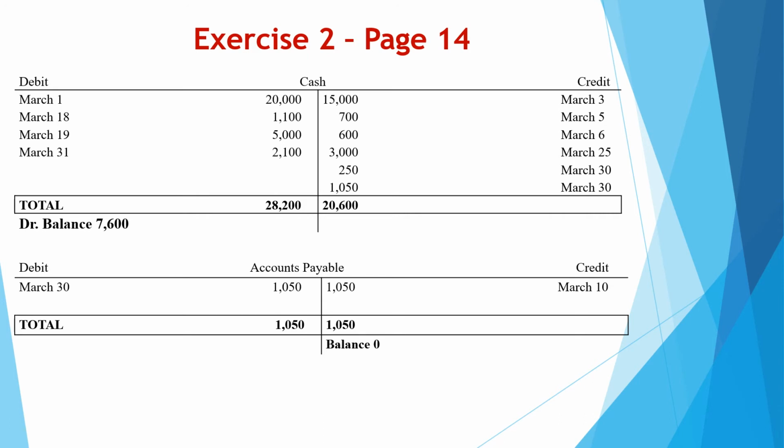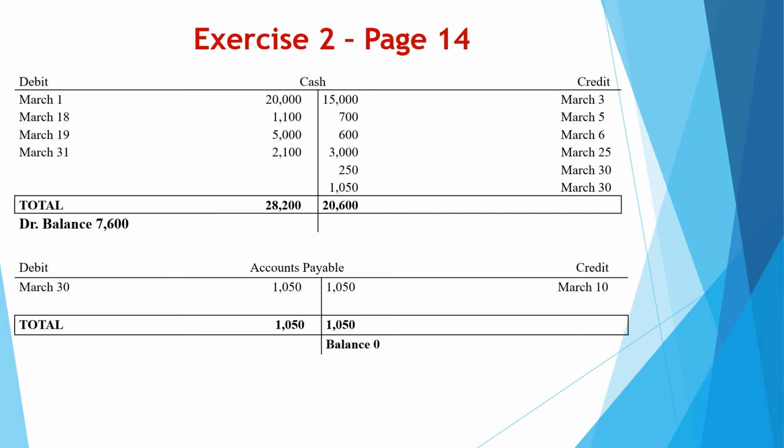In our example, the total of the debit 28,200 exceeds the total of the credit 20,600. So we have a debit balance. To find the debit balance, we find the difference between the two sides. So we make the following: 28,200 minus 20,600,